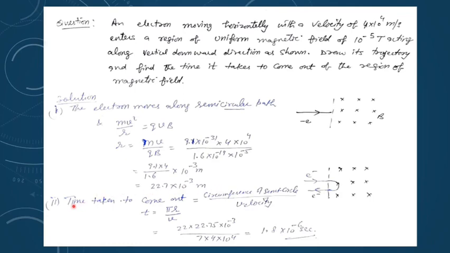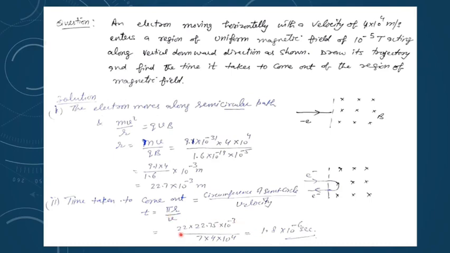Now the second part is the time taken to come out of the region. Now it goes inside like in a cyclotron. It is moving in a semicircle, because then it will enter into the second D if it is a cyclotron. But here it is coming back, coming out. So it is moving along the semicircular path. So distance traveled will be equal to the circumference of the semicircle, and semicircle circumference is pi r. If you divide it by the velocity v, I will be able to get the time simply by putting the values.